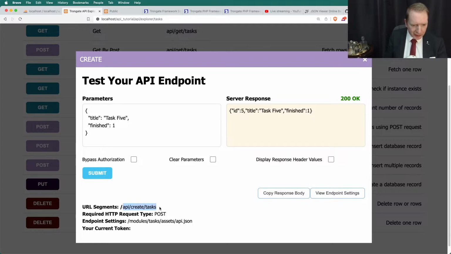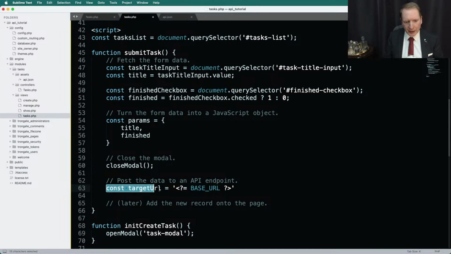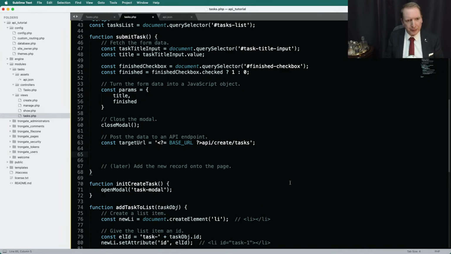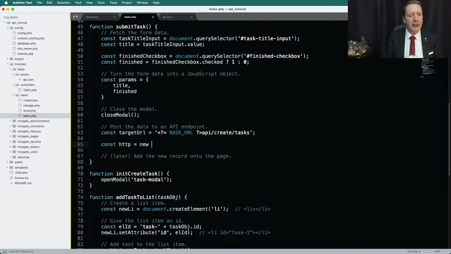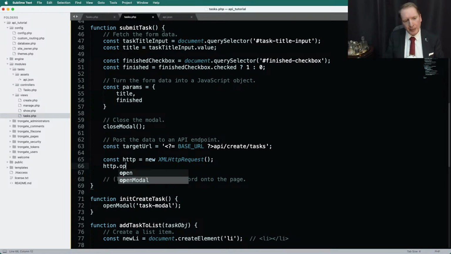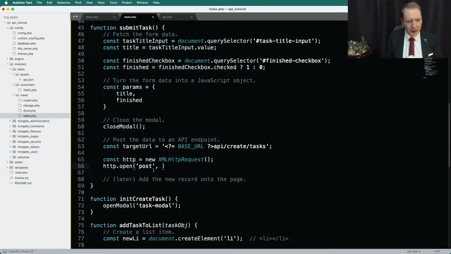I'm going to copy these URL segments here, head back to the JavaScript, and where we've got this target URL, I'm adding on the URL segments here. So that's our URL. Now to submit this, it's pretty much the same as last time. We say const HTTP is new XML HTTP request, and then I'm going to say http.open. Now this time it's a post request. We know this because it says request type post. So we're doing a post request to the target URL,